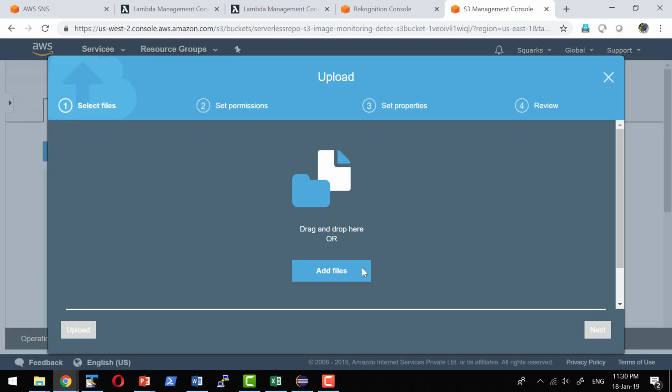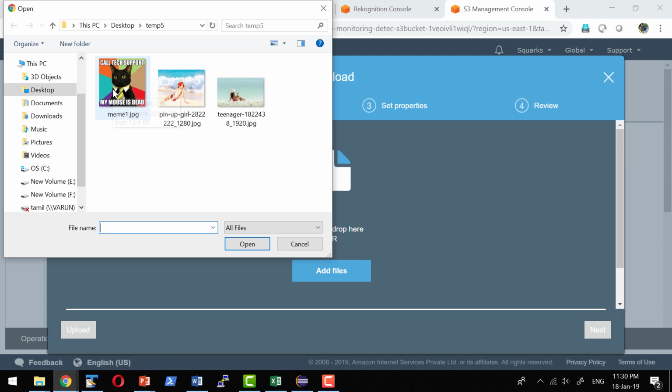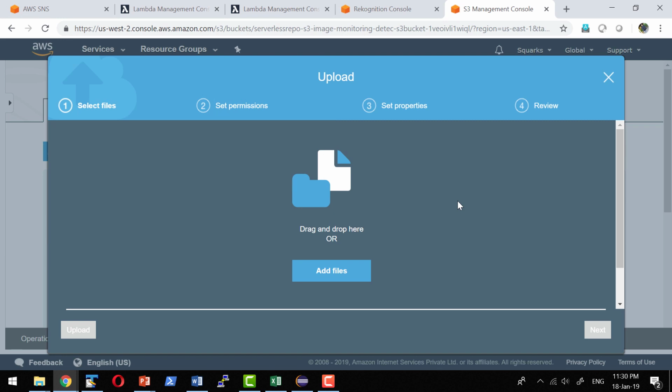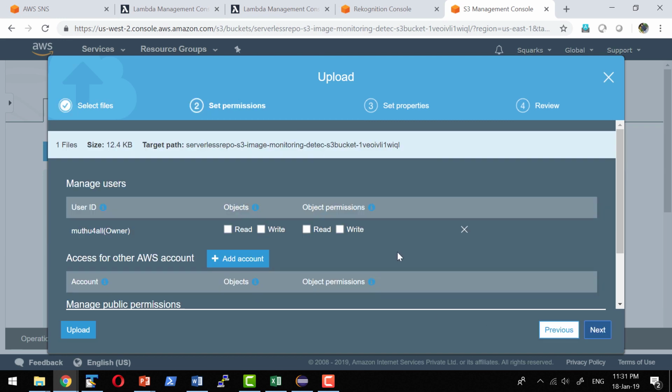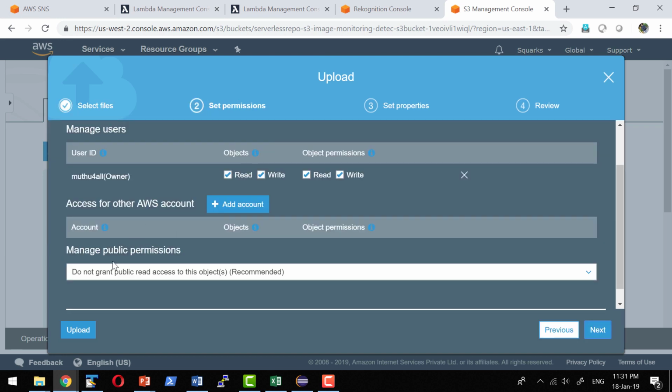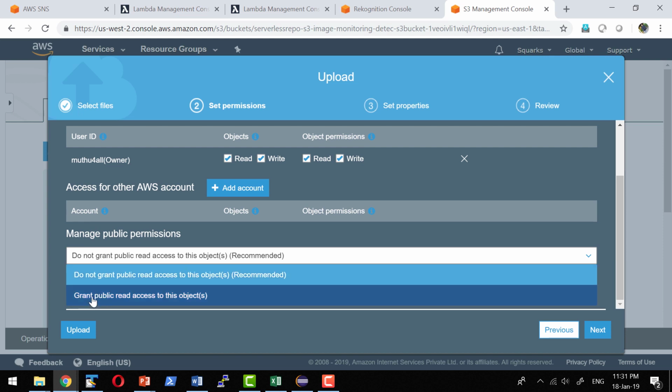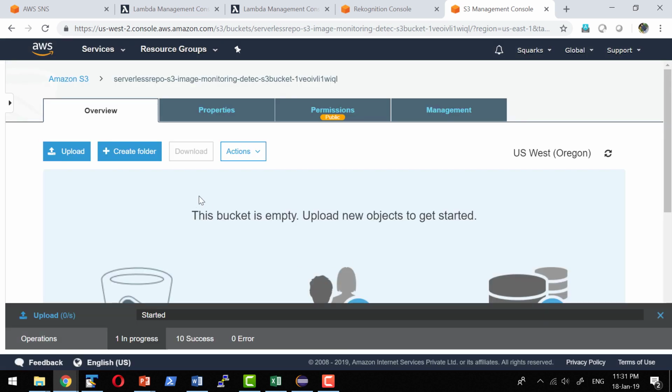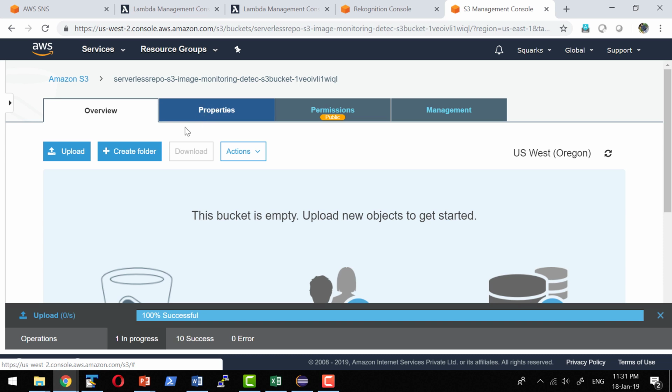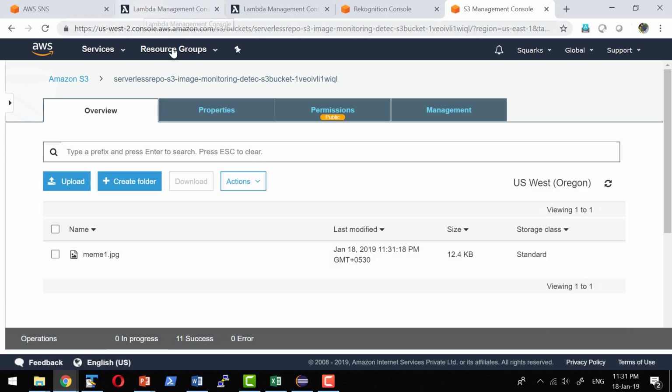I'm going to add an image into the bucket. Let me select an image. I do have a small meme with a text included. Let me open. Next, let me provide enough permission for this particular image so that the function can read it. So I have uploaded one image. What will happen? The function would get triggered immediately, and it is going to use the Rekognition service, identify the tags or what content is available within that particular image, and send out an email.